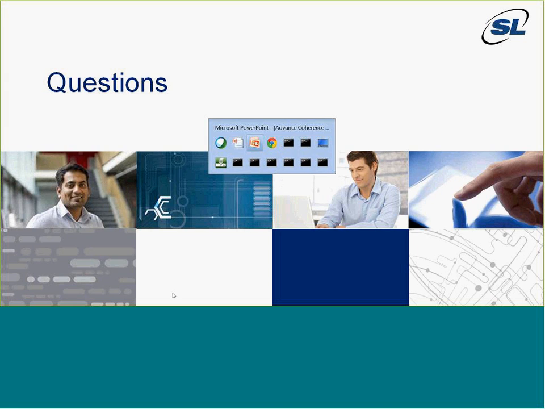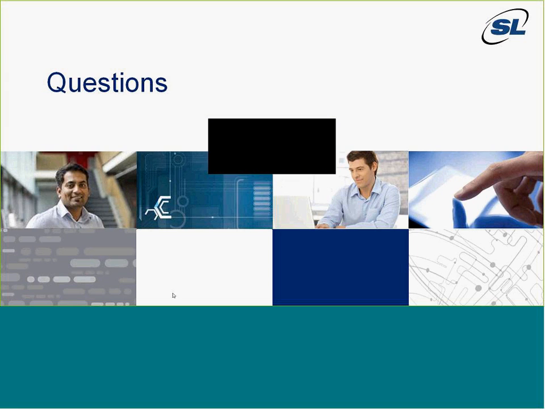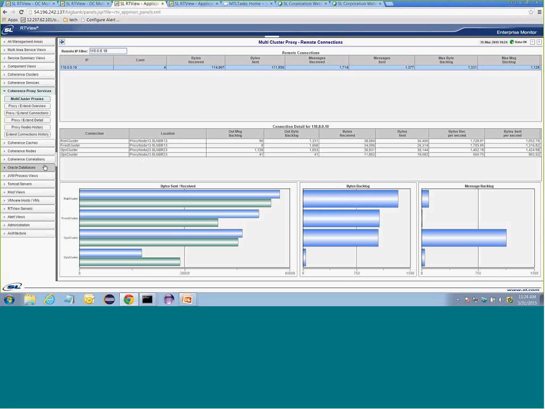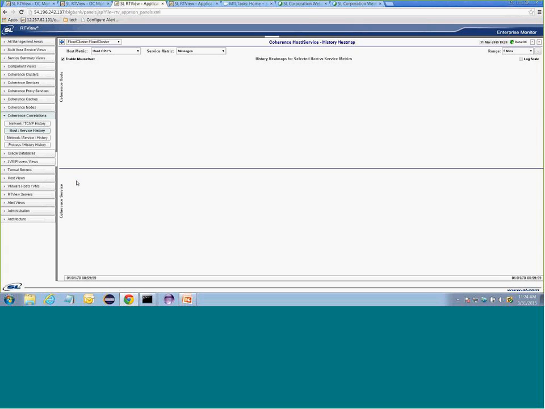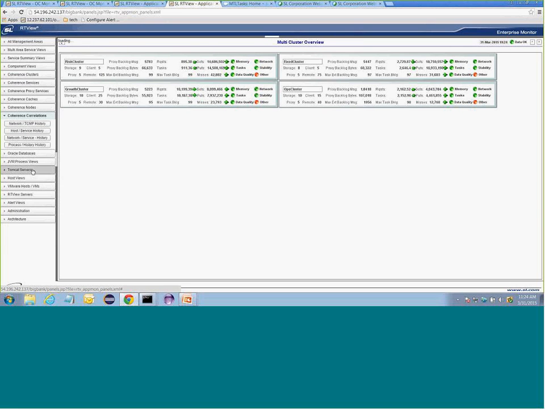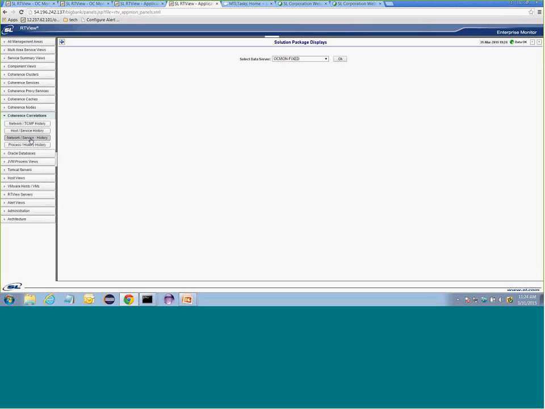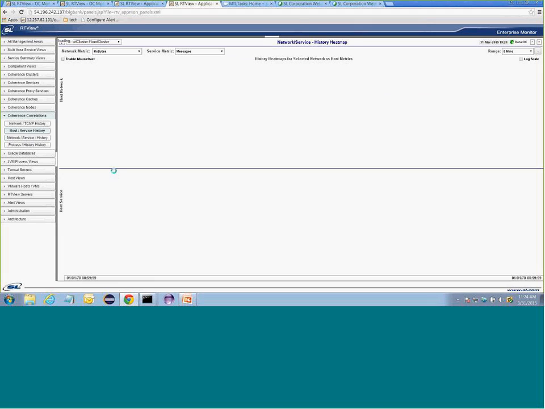We have one screen. Let's see if I have a demo available. So if you're looking at our host service history, one is not running anything on it. Let me see. I have one screen out here, which is our service history. And again, I don't have a good demo.